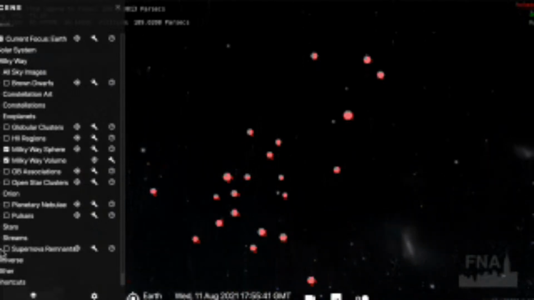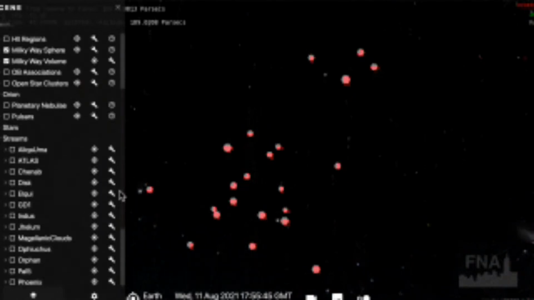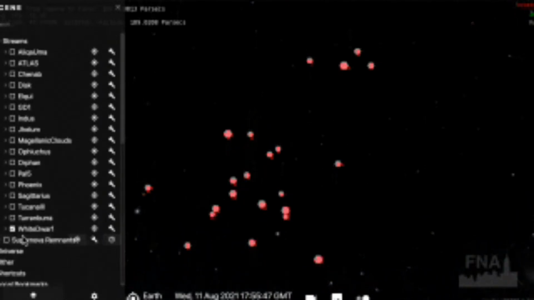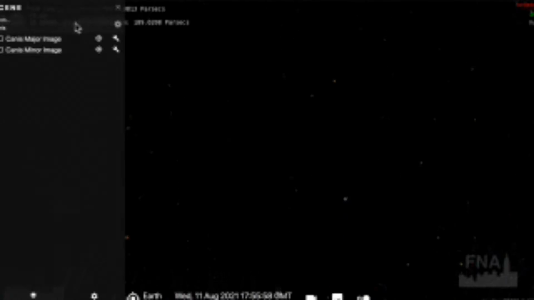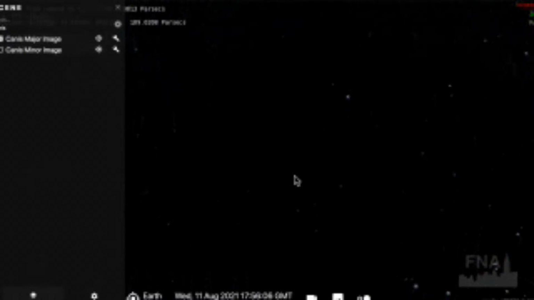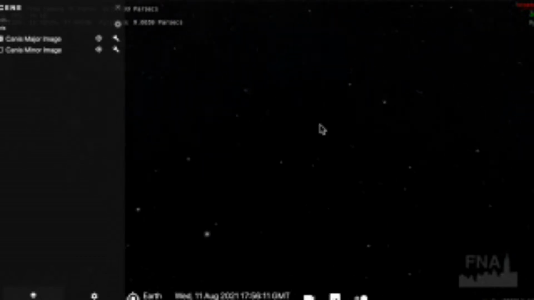But again, they're kind of off relative to the stars, because one of them is at Sirius B, so the brightest star in our night sky, in the constellation Canis Major. We can turn on the Canis Major image, that has a white dwarf companion.